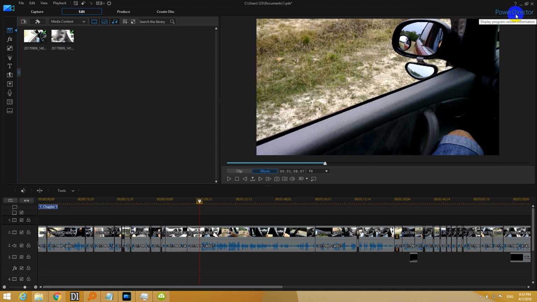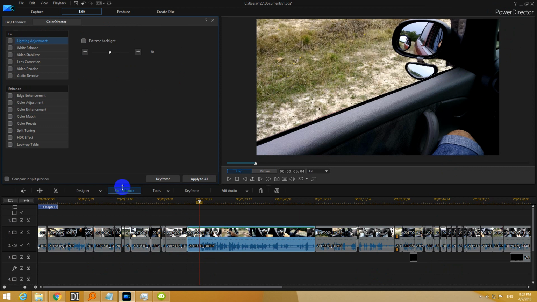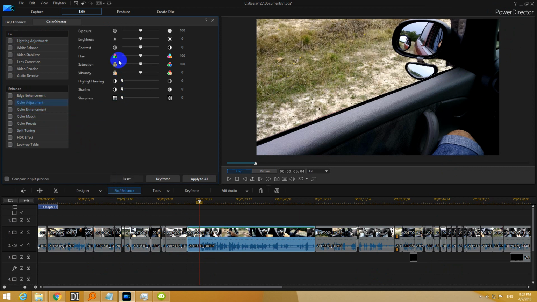Okay, this is PowerDirector version 16. Let's see how to adjust, let's say, the color saturation of all of the clips on the timeline. Okay, first of all, click one of the clips and go to Fix Enhance and Color Adjustment, and here we